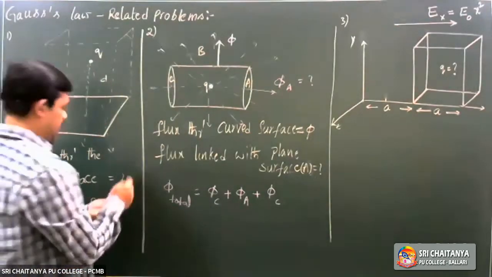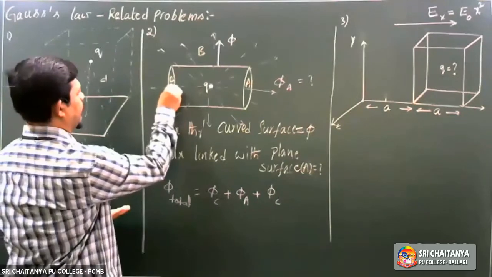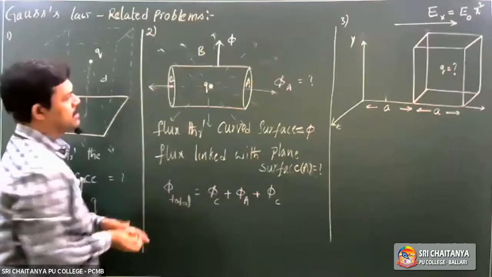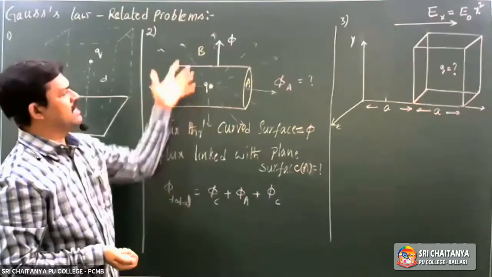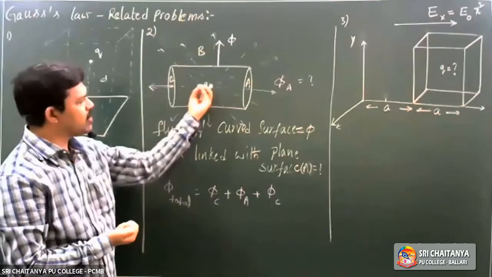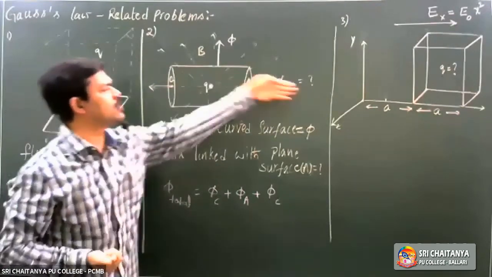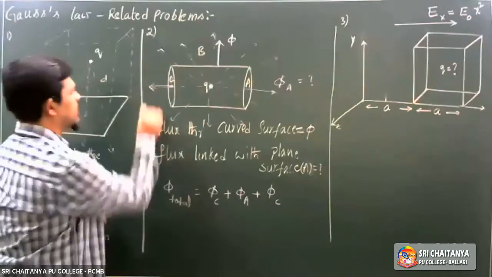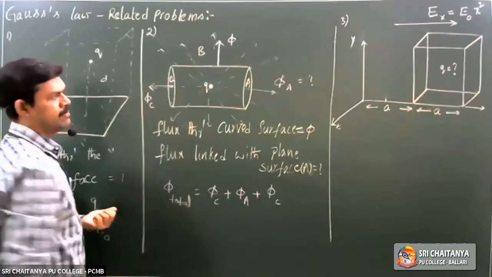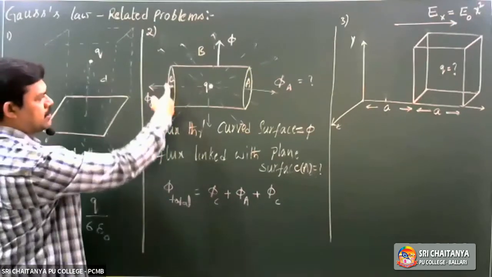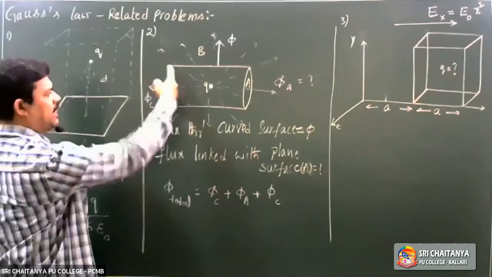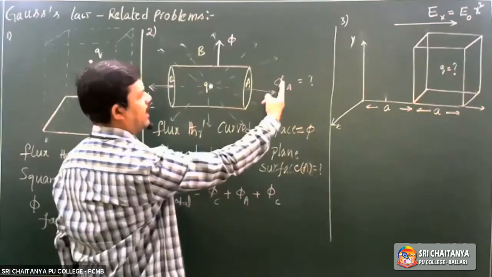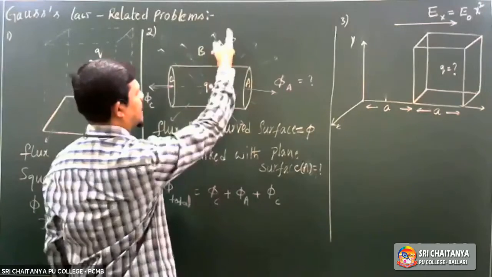See the flux through this plane surface C. Is it also outward? See these lines of force coming from the charge; they are coming out here, and here also, because the charge is inside. So I take this as phi C. Flux through plane surface C is phi C, flux through plane surface A is phi A, and flux through the curved surface is phi.